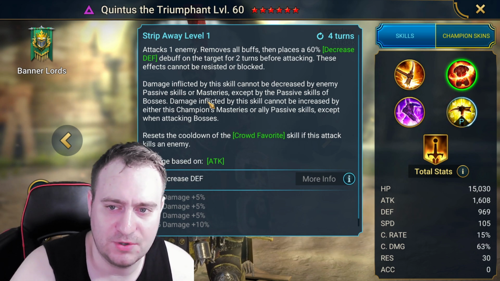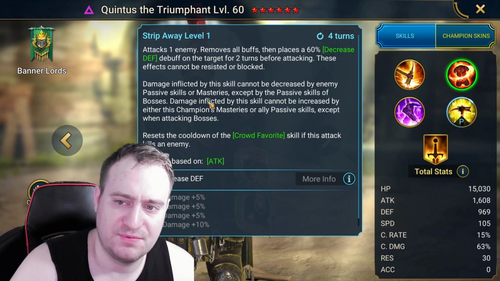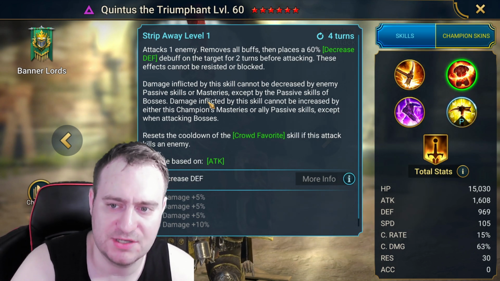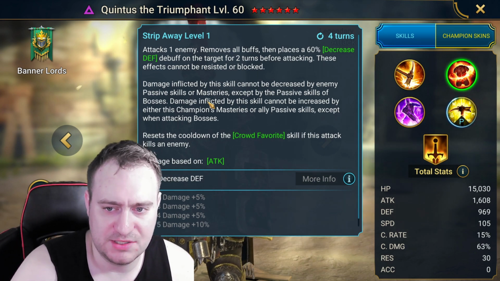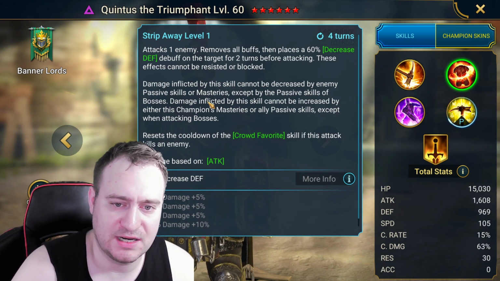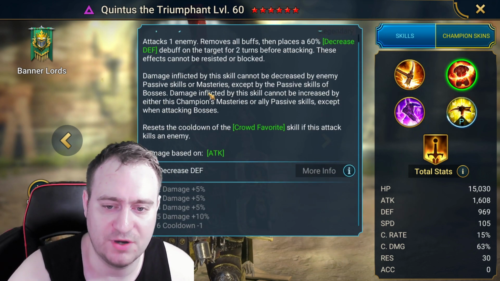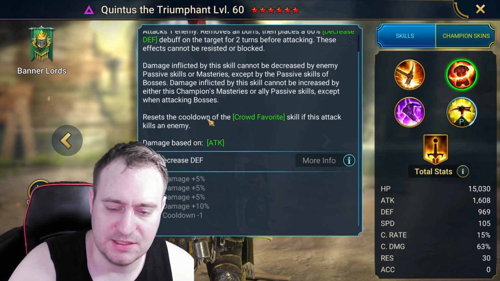Damage inflicted by the skill cannot be decreased by enemy passive skills or masteries except from the passive skills of the bosses. Damage inflicted by this skill cannot be increased by either this champion's masteries or allies' passive skills, except when attacking bosses. Resets the cooldown of the crowd favorite skill if this attack kills an enemy, which is super nice. This does hit fairly hard in all fairness, and I do like the strip. The only problem for me is the defense down because it's like a sheep magnet and this can kind of affect him. So